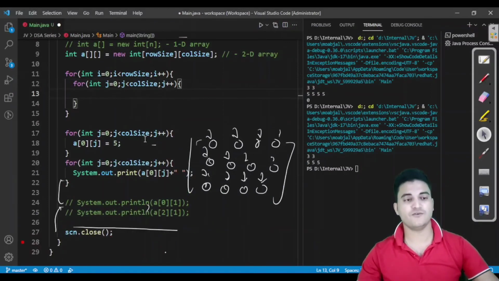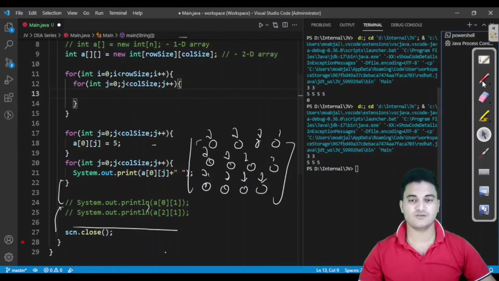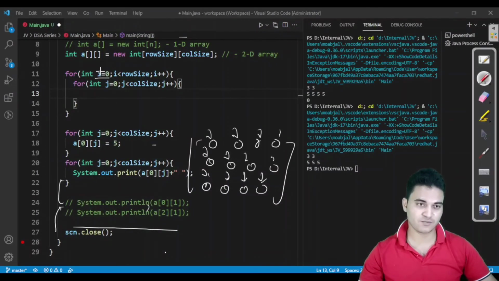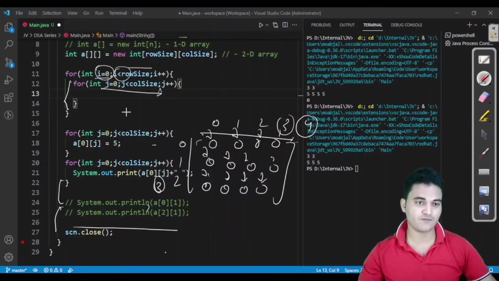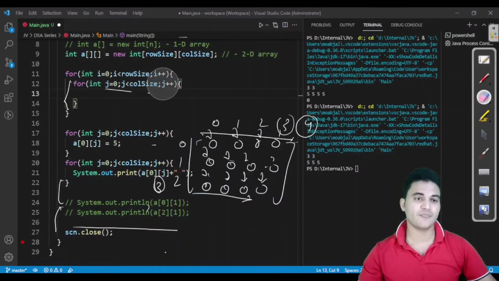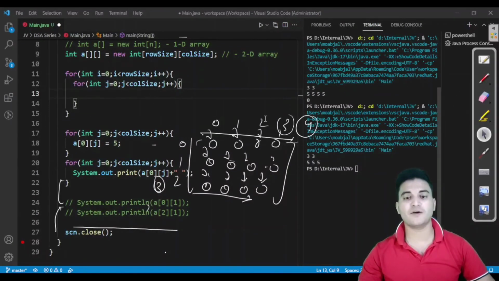So what this loop says is, let us say I have this. It will initialize i from 0 and go till row size, which in this case is 0, 1, 2. The row size is 3, so it would go till 2, because we are writing a less-than condition. And here 0, 1, 2, 3, so it would go till 3, because the size of columns is 4. For the first row, we are writing one more loop, so it would go through all the columns. For the second row also, again we are going through all the columns. For the third row also, we are going through all the columns.